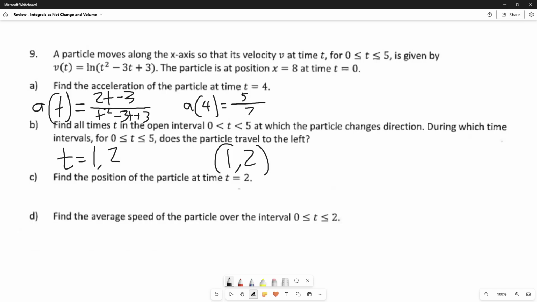What we need to do is find the function for the position, which is just the integral of our velocity. But since we're given a specific point to find, we just take the integral of velocity from 0 to 2. And the integral of our velocity is going to be our displacement, or how far it is from the origin. Taking it from 0 to 2 gives it as time goes from 0 seconds to 2 seconds. So the definite integral from 0 to 2 of ln of t squared minus 3t plus 3